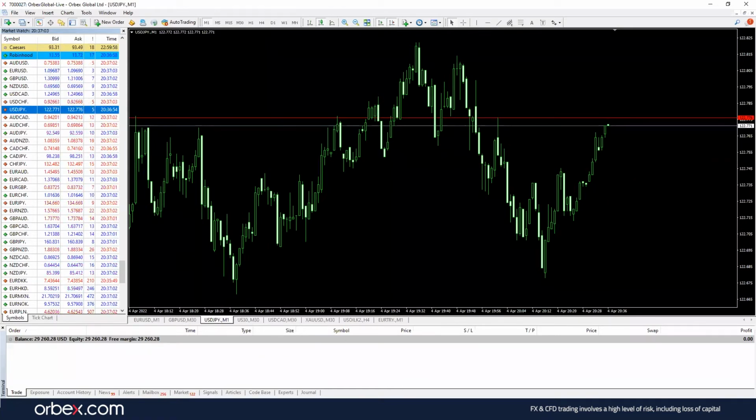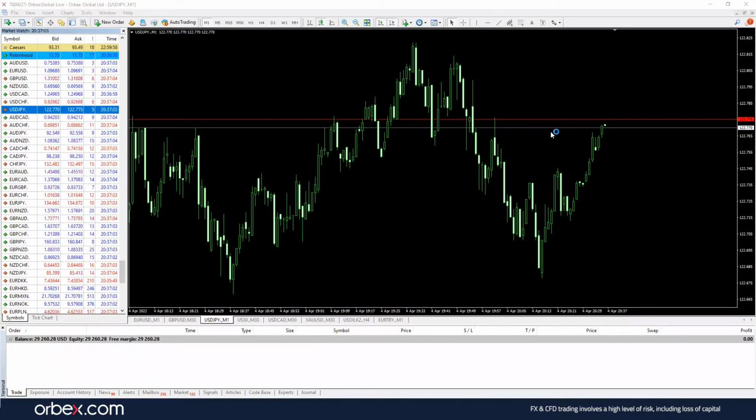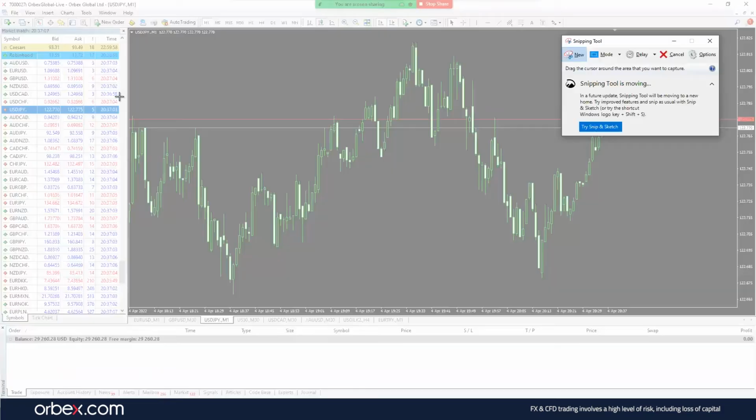So euro dollar at the moment, let's freeze this actually, it might be easier. So I've frozen it. We've got 1.09688 against 1.09691. So the difference between this and this is 3, and it's got it here as well, 3 pips. We've got for pound dollar 1.31002 against 1.31008. This is actually 0.6 pips, because